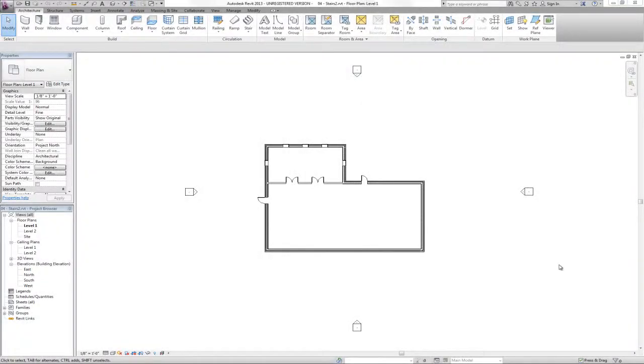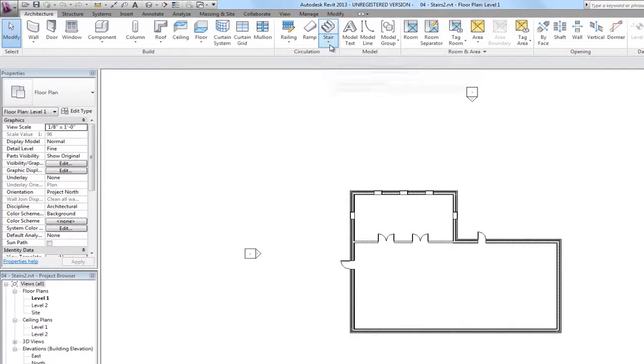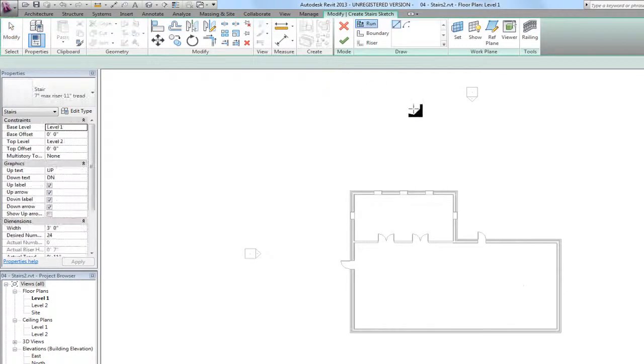Now we're going to continue the development of our world-class design here and add some stairs. First we're going to look at a simple stair on the outside of the building. On the Architecture tab on the Circulation panel, we click the down arrow under Stairs and we see two options. One is Stair by Component and one is Stair by Sketch. We'll look at Stair by Sketch first, and then we'll add a simple stair along the outside edge of the